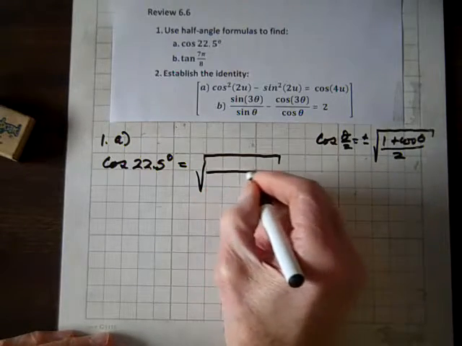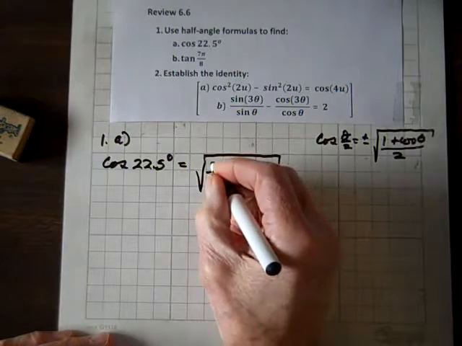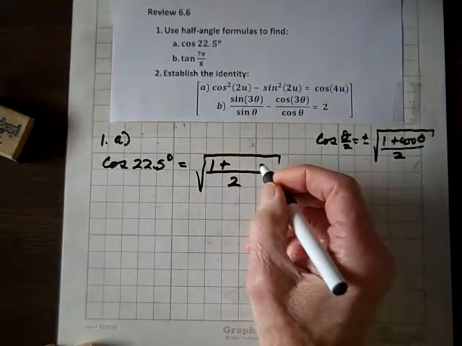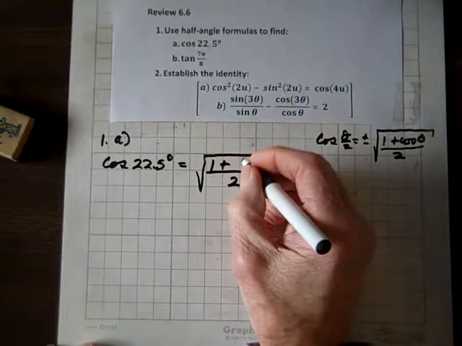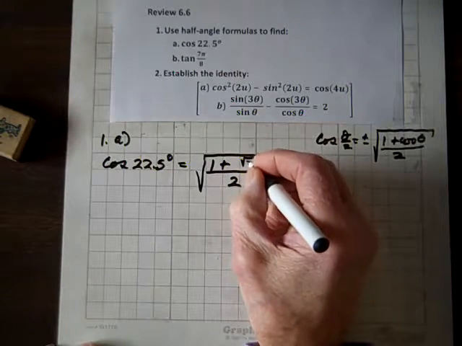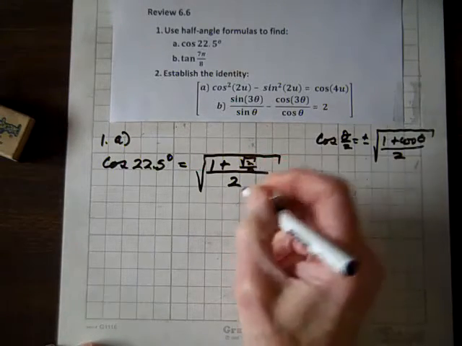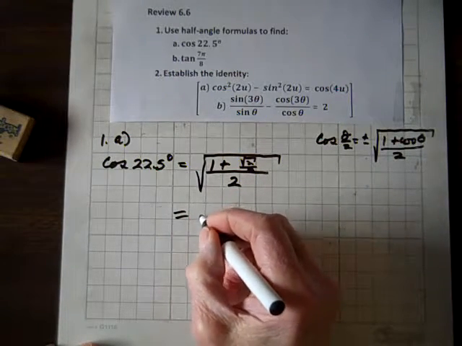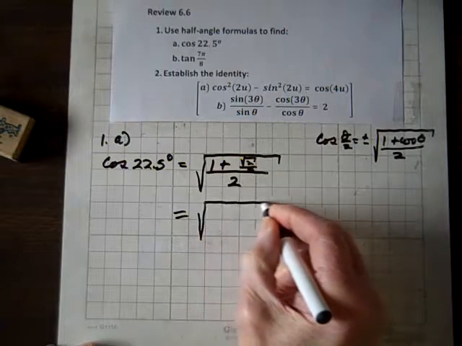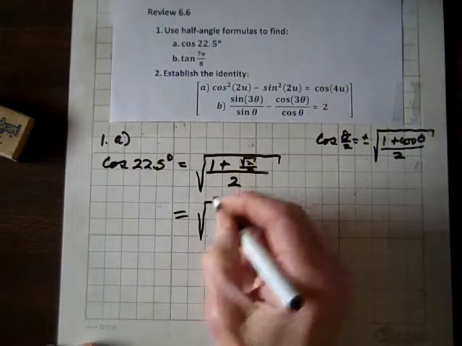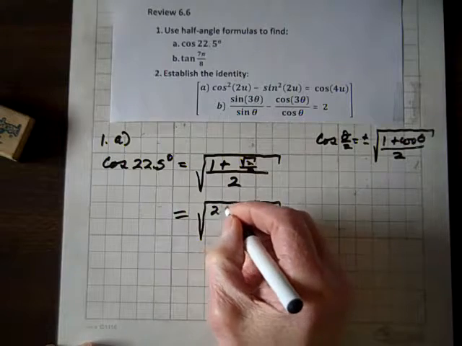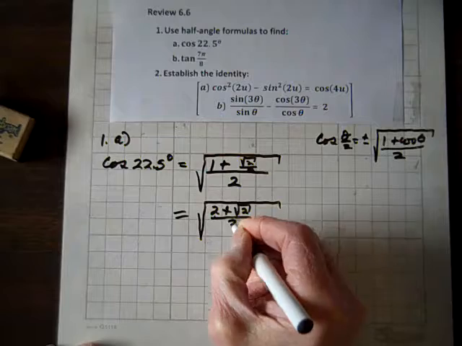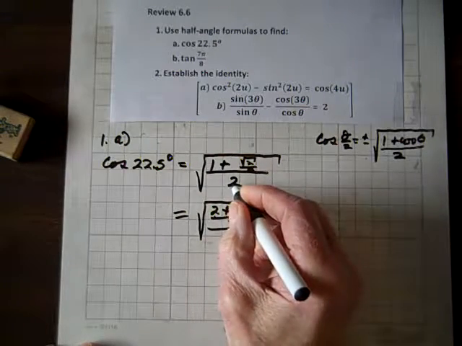And so we have 2 down here, 1 plus, and the cosine of 45 degrees is root 2 over 2 when we rationalize the denominator. So this equals, I better print larger, square root of, when we, common denominator is 2, so I get 2 plus root 2 over 2 all over this 2 here,